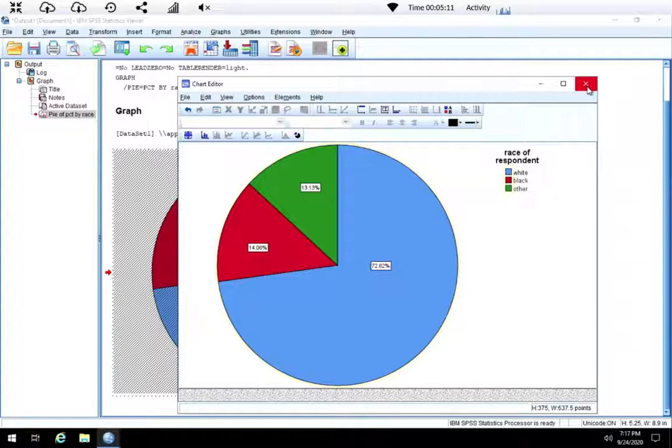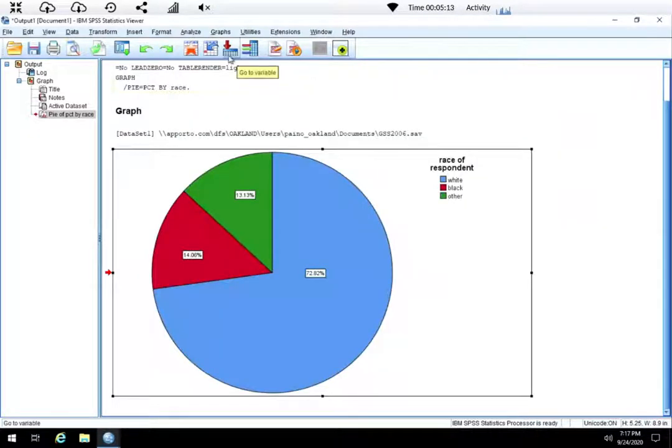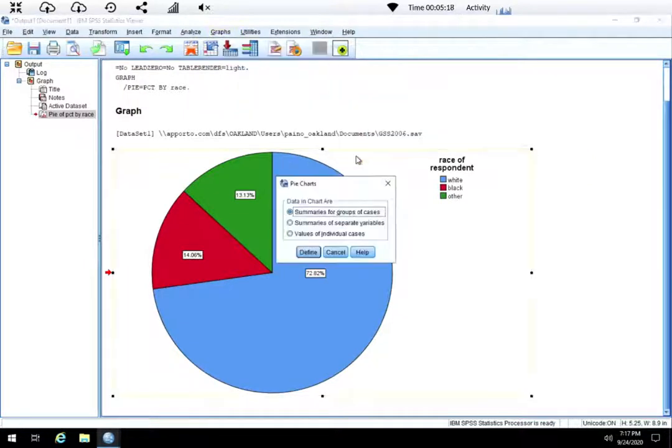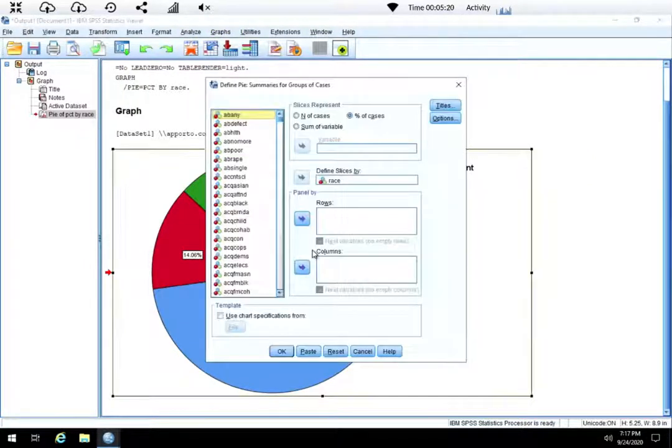Let's do another one. So let's go back. We can X that out. We're going to go to Graphs, Legacy Dialogues. You're going to do a pie chart, define, and we have the variable race there, and we don't want that anymore, so we're going to put it back. And let's do it for the variable marital. Okay, we're going to leave the percentage radio button clicked, and we're going to put marital there,